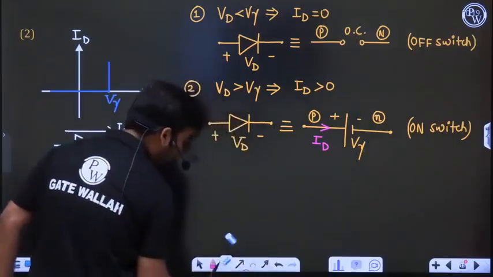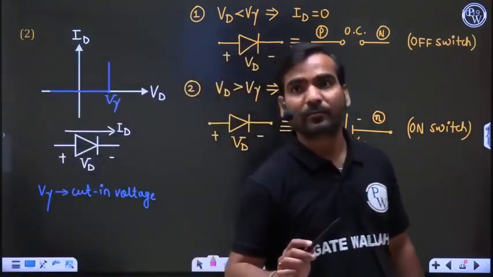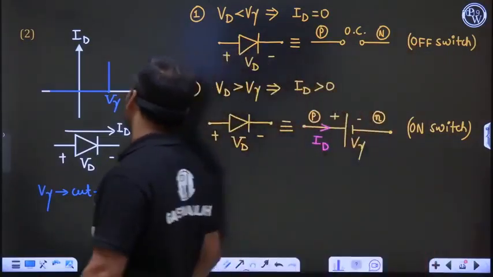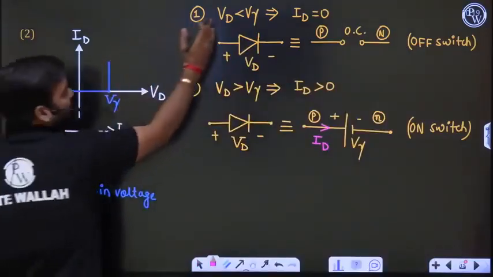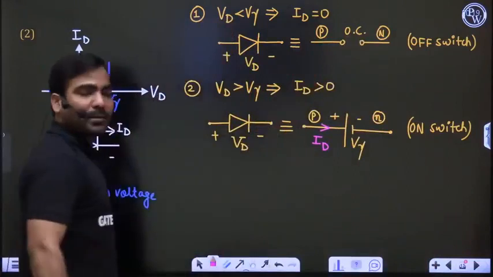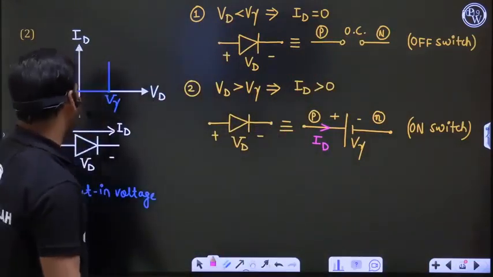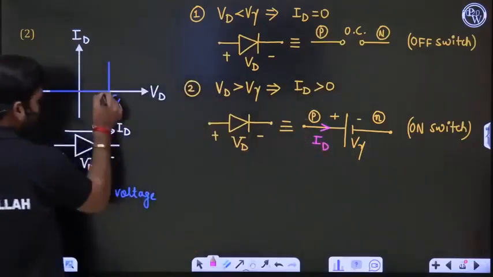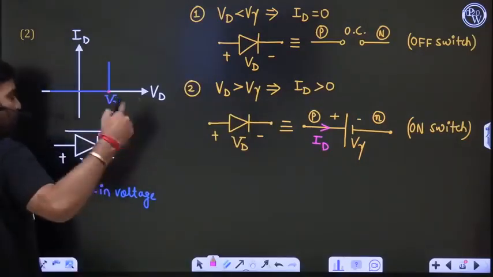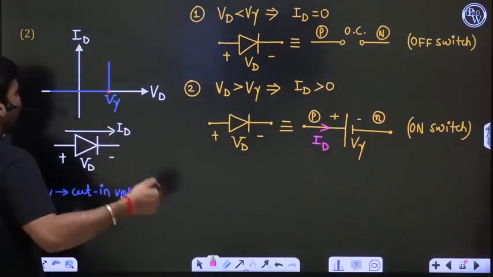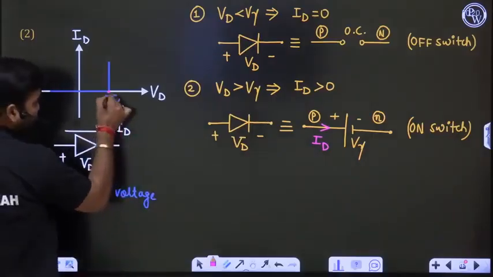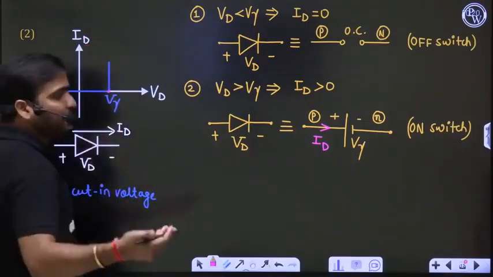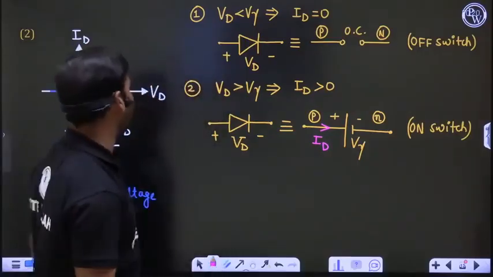One student is asking, sir, please repeat the RF concept once again. Okay. Now, just think about it. In the second case, it will be clear. Now, see here. When VD is less than V gamma, current is zero. You are replacing diode with the open circuit. No problem. Okay. But in this case, this line is vertical. You are replacing diode with the battery because battery voltage is constant. Which element in the network is there whose voltage is fixed? Because this line is vertical, voltage is fixed. Current can take any value. So voltage fixed, current can take any value. That is the voltage source. Okay, that's why you have replaced.